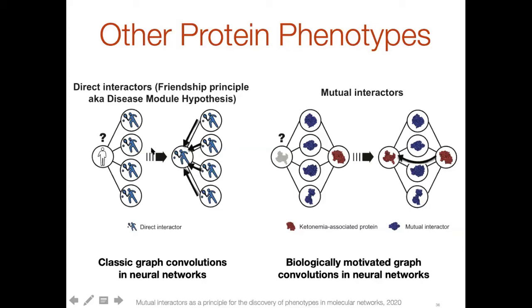And often we find that those principles do not necessarily hold in the context of biological networks. So here I'm just showing one example which is known in social information sciences as the friendship principle, meaning